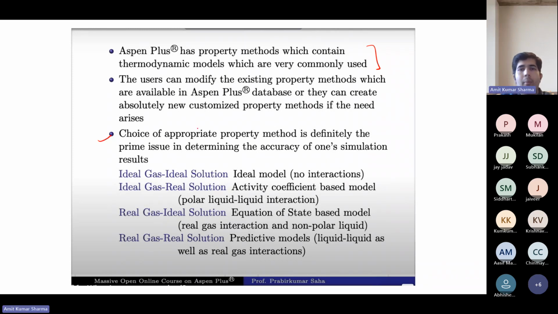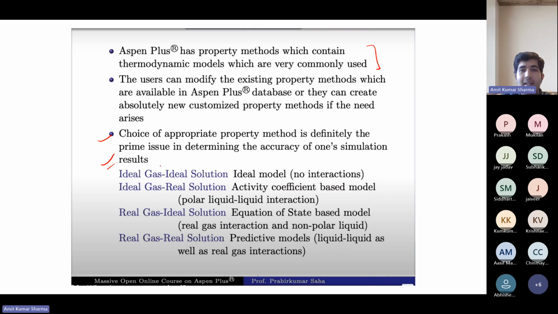The choice of an appropriate property method is definitely the prime issue in determining the accuracy of one's simulation results. The property method choice is very important, because sometimes you will get significantly different results if you change the property method.